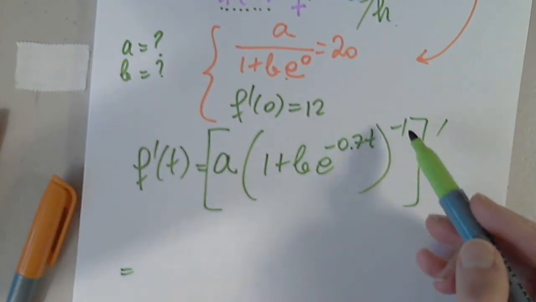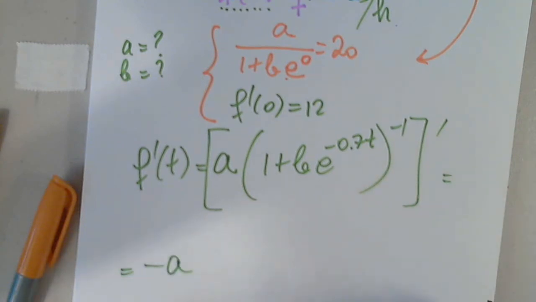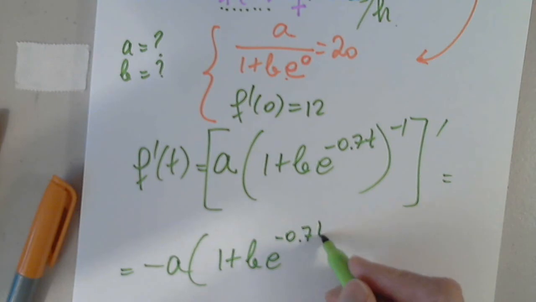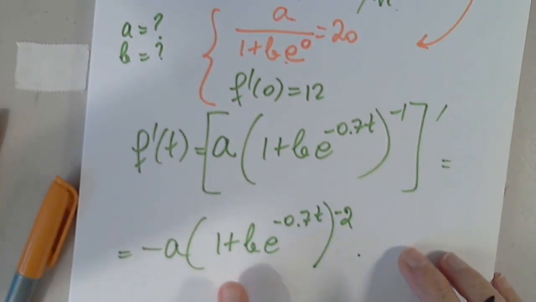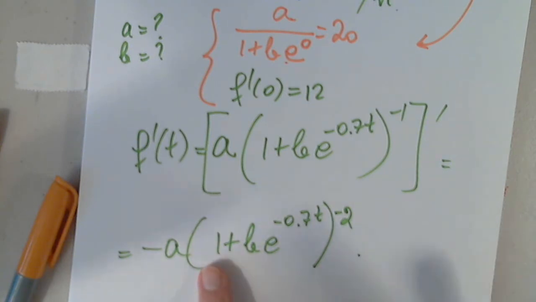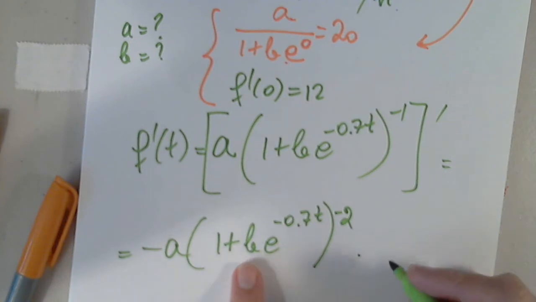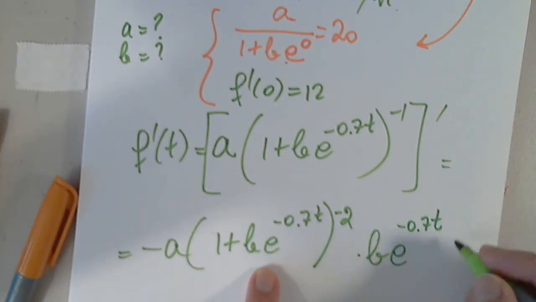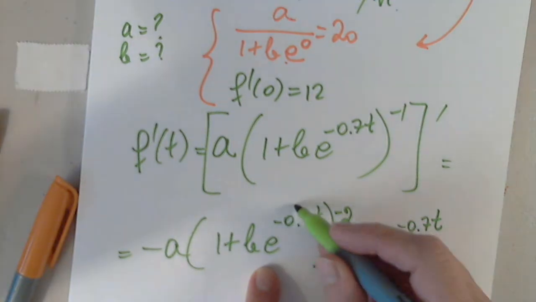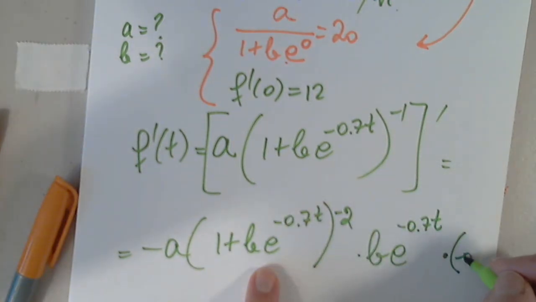So I bring negative 1 in front. I subtract 1 from the power. And now I have to differentiate the inside. The inner function prime. This prime is 1. 1 prime is 0. Gone. So then plus b, which is a constant. Done. And now I have to differentiate this, which is e to negative 0.7t multiplied by the inner function prime. In parentheses,